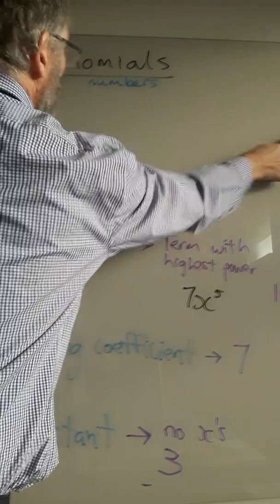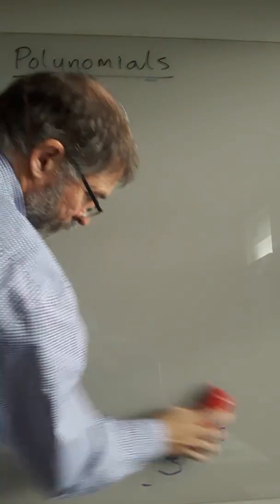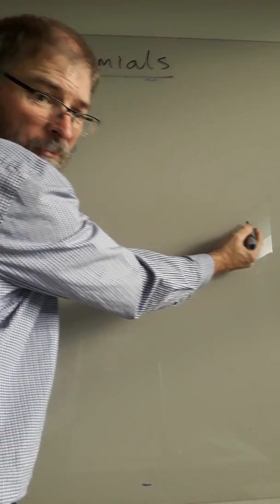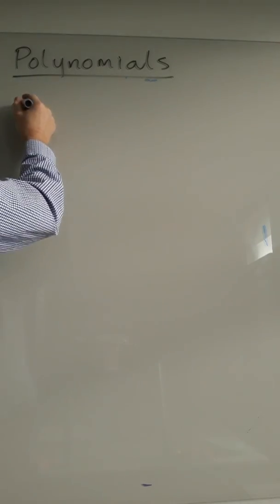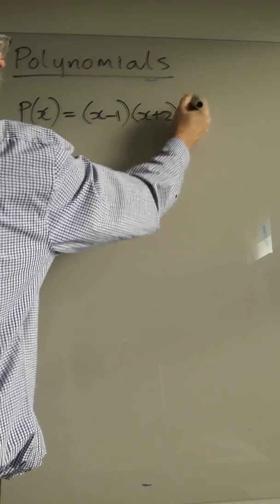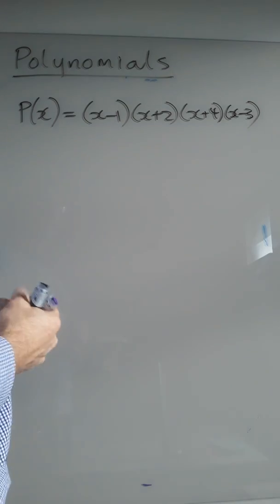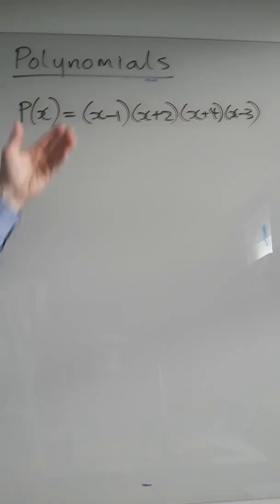Okay. Say you have a polynomial, and I'll just mark out where the edge of the screen is here again so I don't go past it. This one is just here. Say you have a polynomial that's written out something like this. P of x is (x minus 1)(x plus 2)(x plus 4)(x minus 3). There's your polynomial. You could expand it out and have it written out the long way, or someone might have